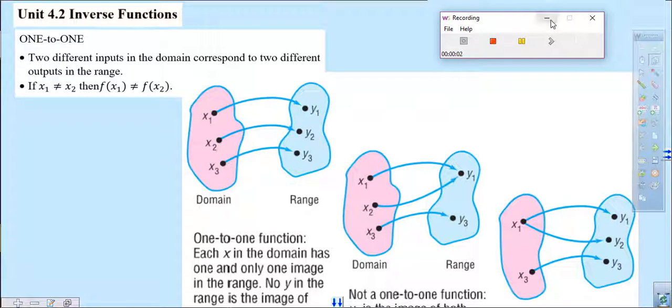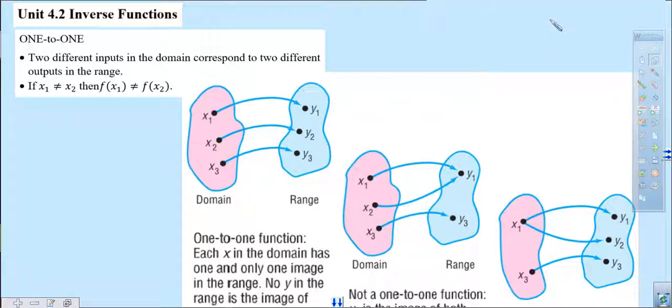All right, Unit 4.2. This will be our first video, and what this video does is it introduces the idea of a standard, of a rule, of a guideline that has to be in place in order for two functions to be inverses. So in order for two functions to be inverses of each other, they must be one-to-one. What we're really doing is establishing a foundation for more advanced mathematics, but it's something that's in our standards, and so we must work through it and make sure you have this knowledge of what one-to-one means,